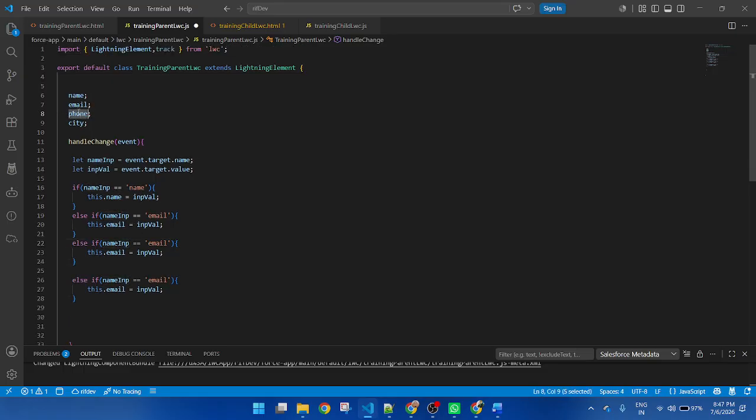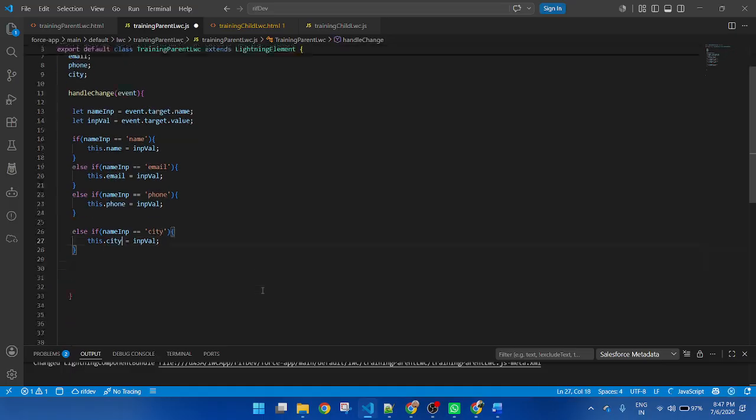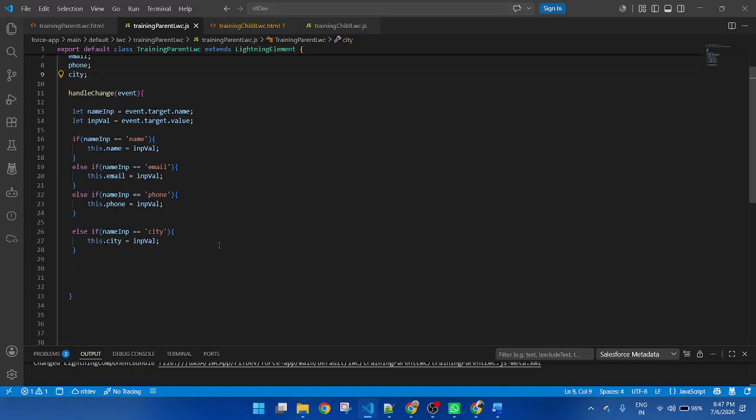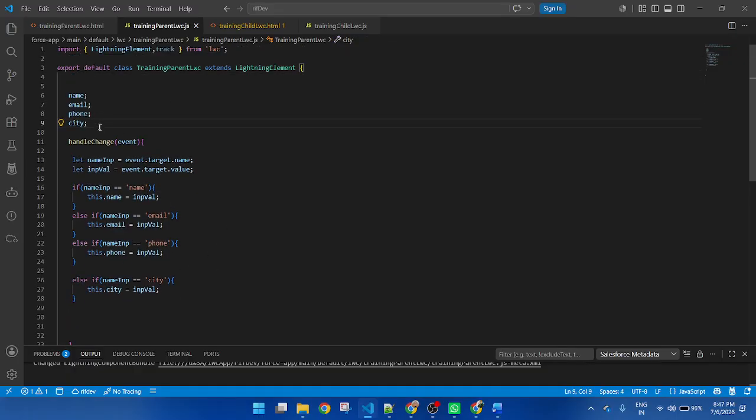Email, phone, city. So one by one, I am checking the name and storing the current input value in this variable. Checking the condition and storing the value.